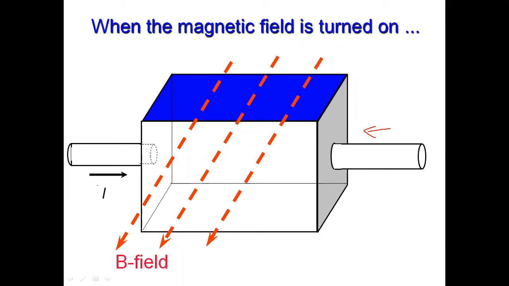So conventional current will be opposite to this. So this is the direction of the conventional current. Therefore, magnetic field transverse means the magnetic field will be perpendicular to the direction. So if current is along the positive x-axis, the magnetic field can be along positive y or negative y or positive z or negative z.